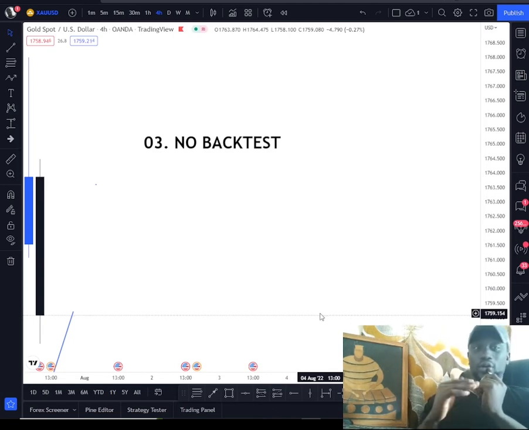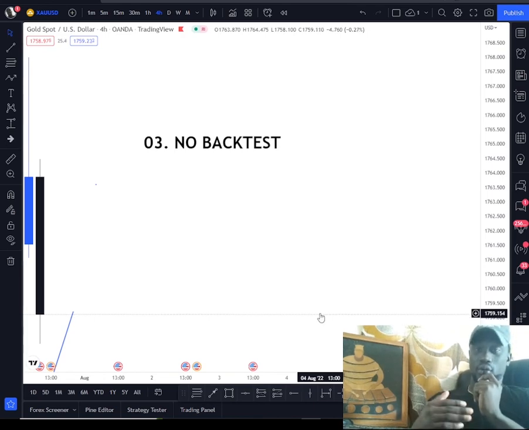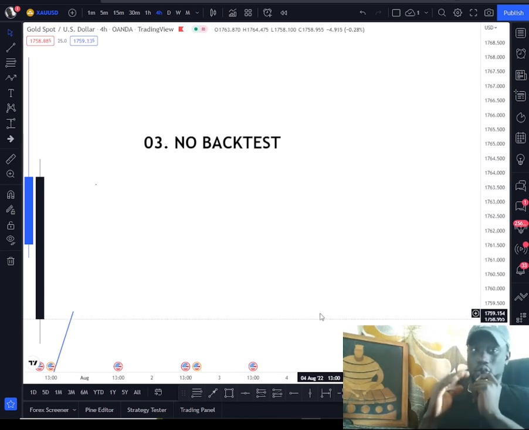No, what you need to do is to back test that strategy, to see where your entries are supposed to be, where your exits are supposed to be, how it has performed over the past 3, 4, 5, 6 months. Then with that data, you can be able to tell, okay, this strategy is very, very profitable in this market condition. You understand? So backtesting lets you know what kind of market condition your strategy works in. So these are the main reasons why your strategy stopped working.